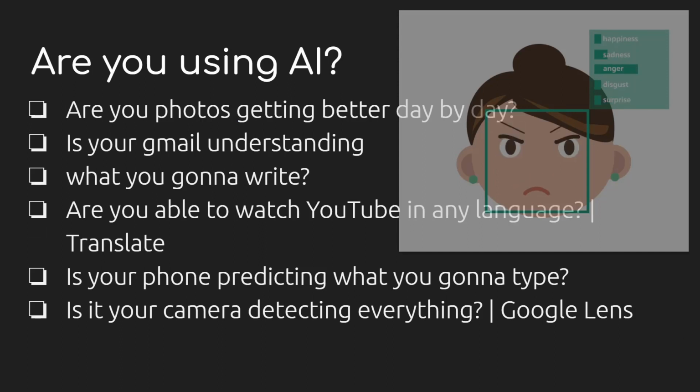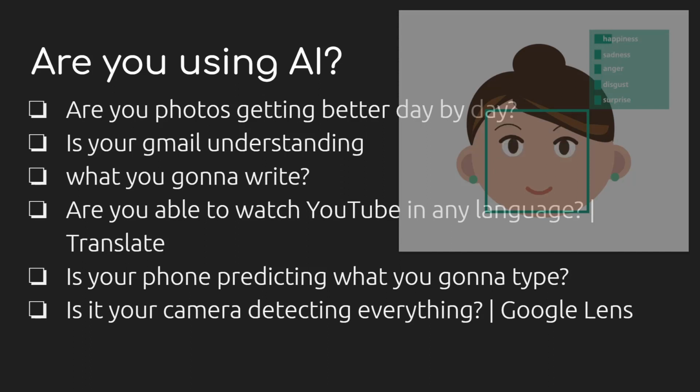Okay. Then let's check whether we are using AI. Most of you have observed, I guess, that day by day phones are getting newer versions. The face is the same, but people are looking more and more beautiful whenever they buy a new phone. The reason is AI models have been plugged into the camera app so that they will check your faces, mark the points, and decide what's the best algorithm to get the thing done, in what way they can enhance the photos and make them more beautiful.